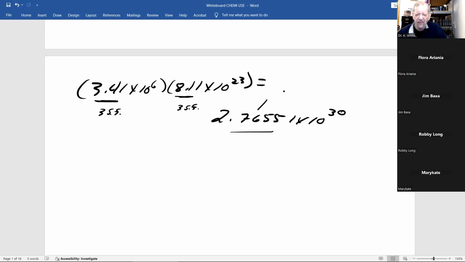So you have to round this off to three significant figures. And how do you do that? Keep the 2, keep the 7, keep the 6. Use the 5 to round off. Is that 4 or less, or 5 or higher? And it's